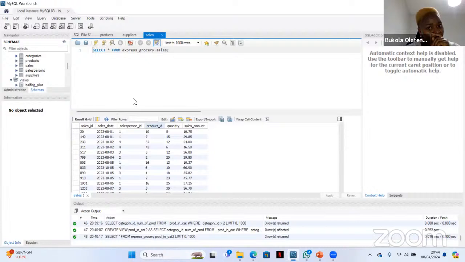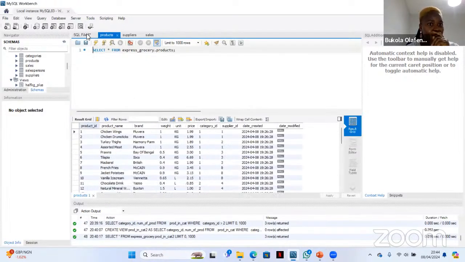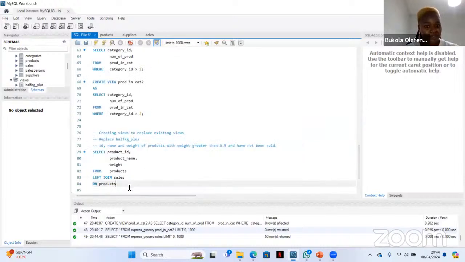In the sales table there's a product ID, and luckily for us, in the products table there is also a product ID. So they have a common field there. So based on products.product_ID equals sales.product_ID,